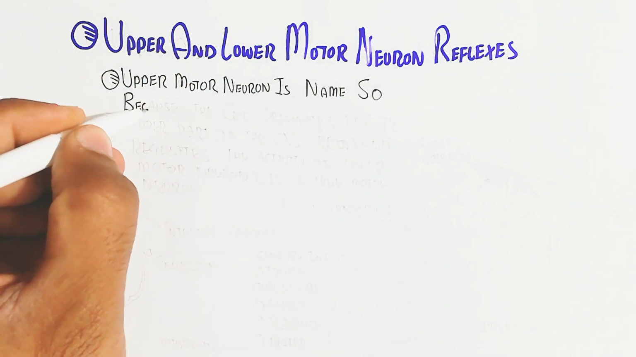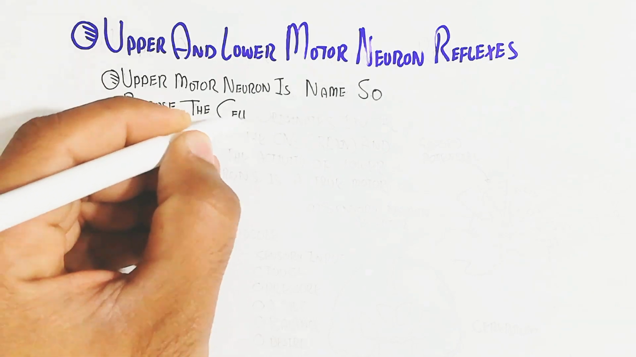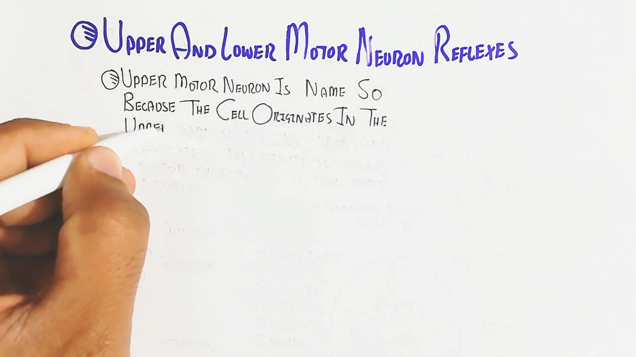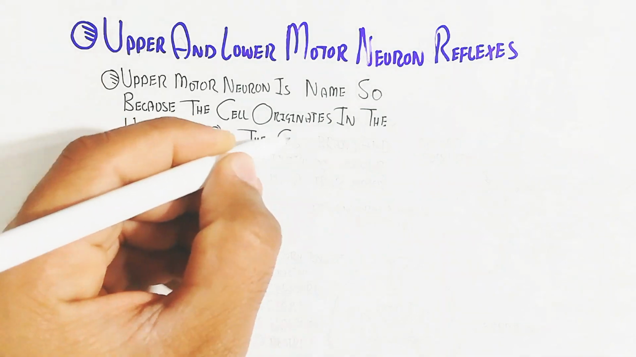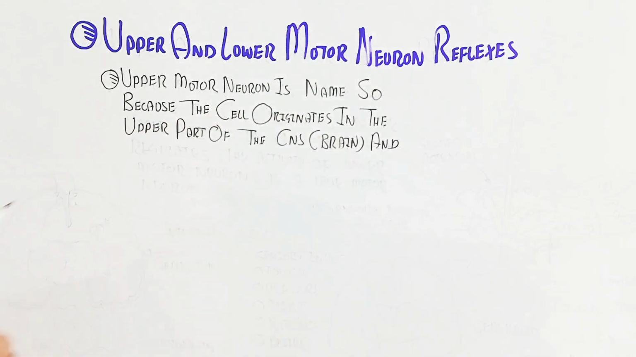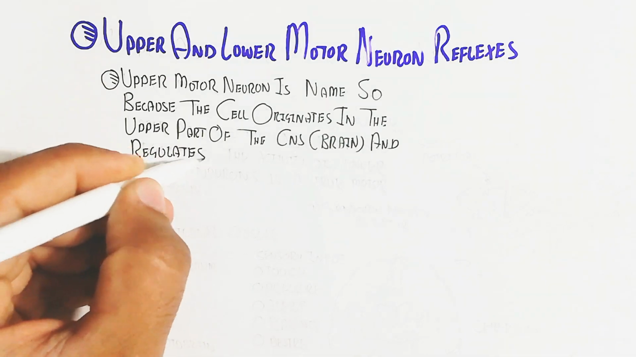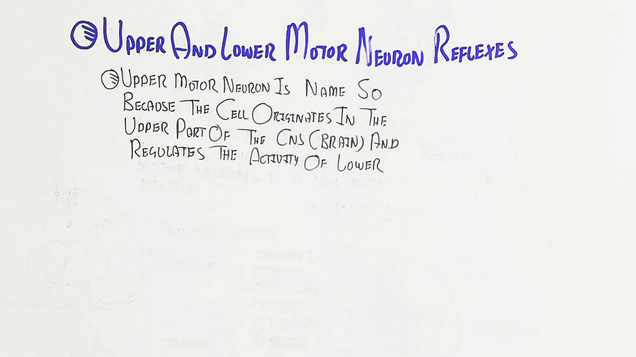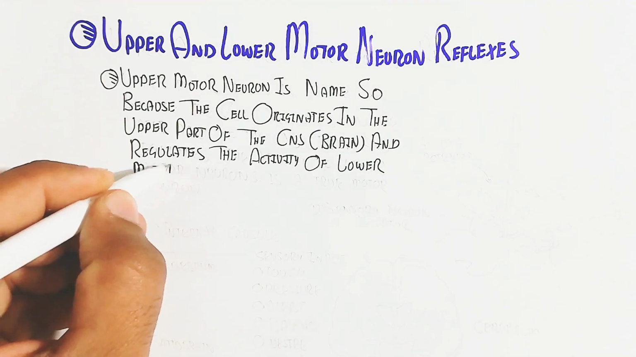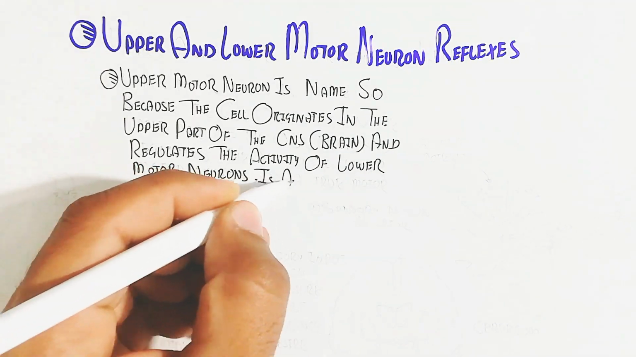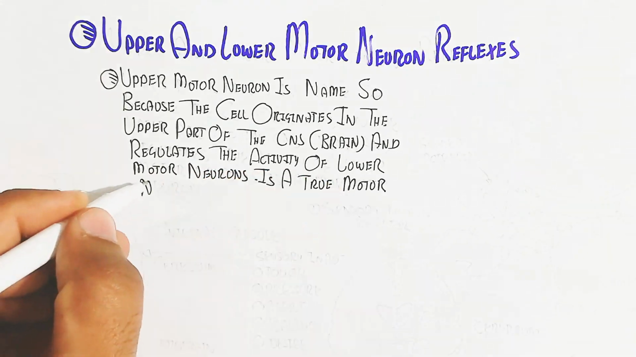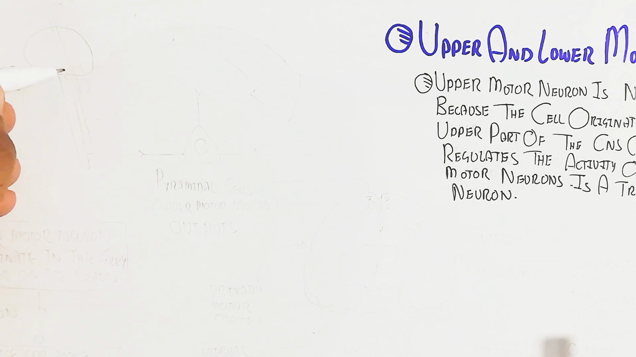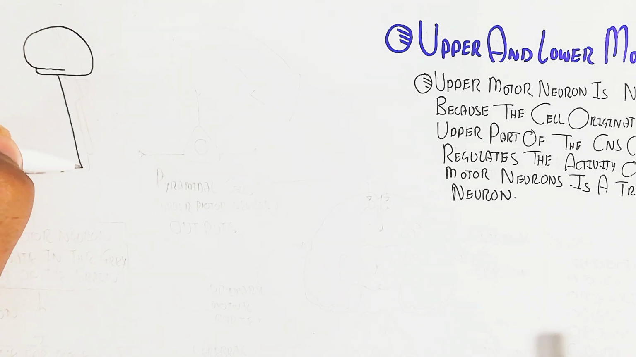The upper motor neuron is named so because the cell originates in the upper part of the central nervous system, the brain, and regulates the activity of lower motor neurons. Remember, the lower motor neuron is a true motor neuron after the upper motor neuron, but the upper motor neuron is not a true motor neuron. But we can name it so. In this way, let's begin to understand the several cross sections of the brain